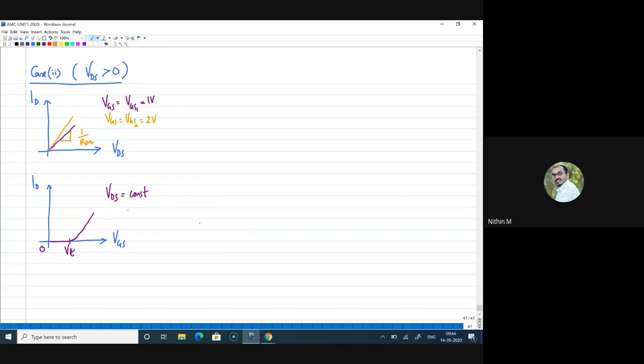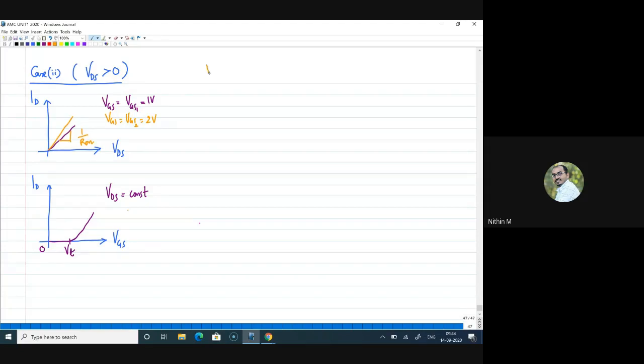One thing to remember, both graphs can be plotted only for particular conditions. ID versus VGS is plotted for a constant VDS, assuming there is a VDS applied between drain and source. If I vary VGS, what will happen to my current? On the other side, to get an ID versus VDS graph, we make sure that your VGS voltage is more than VT and there is a specific voltage applied. That means a conducting channel is present, and now you are varying your VDS to get a current, right?